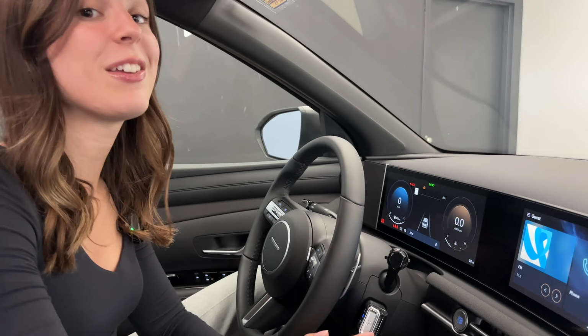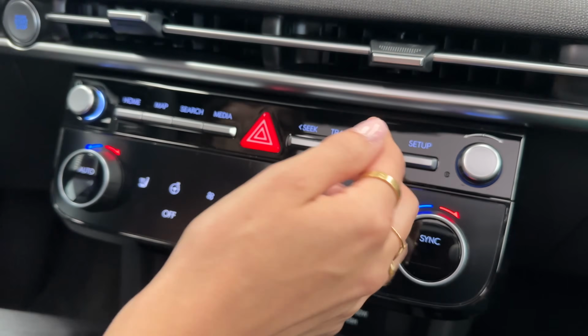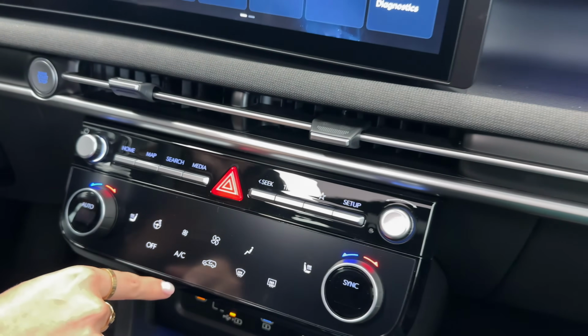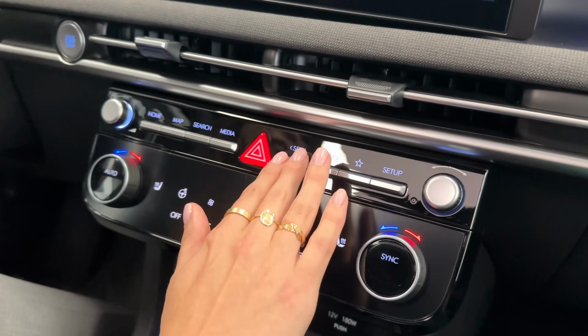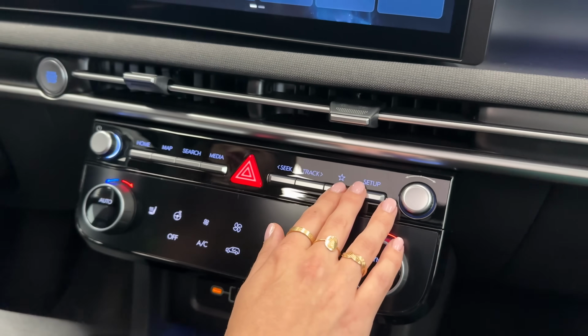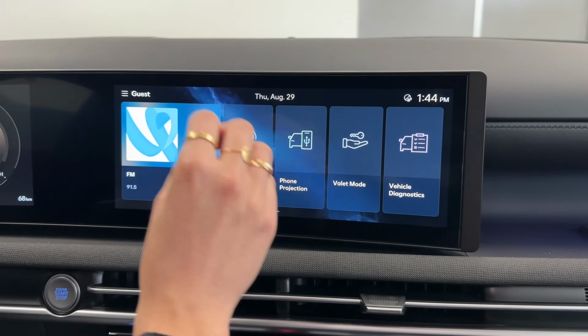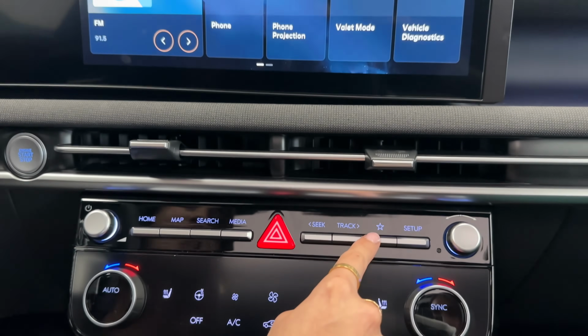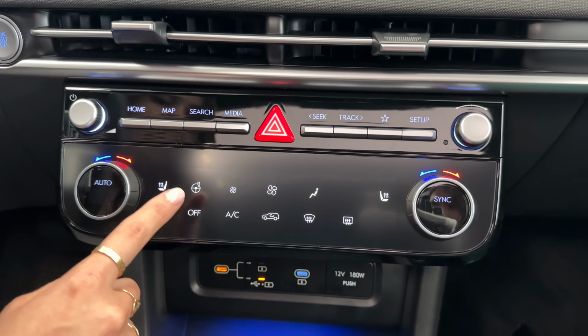Now down here, this is something that is new for the Tucson and new for Hyundai this year, but it's the return of buttons and dials, and we're also integrating a 6.6-inch screen down here. So all of these buttons are going to do exactly what you think they do: jump you to your maps, a search function to search any features or functions in the screen, and then also a favorites button. Down here is that screen like I mentioned, and it's going to provide a little bit of haptic feedback,